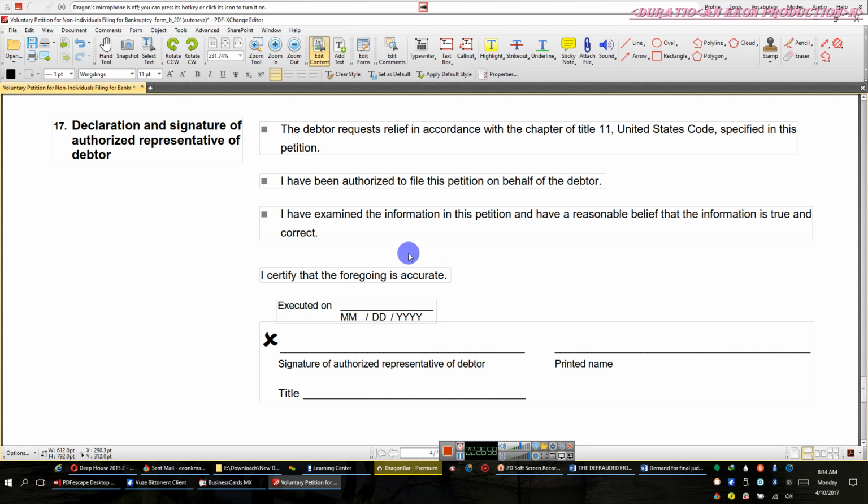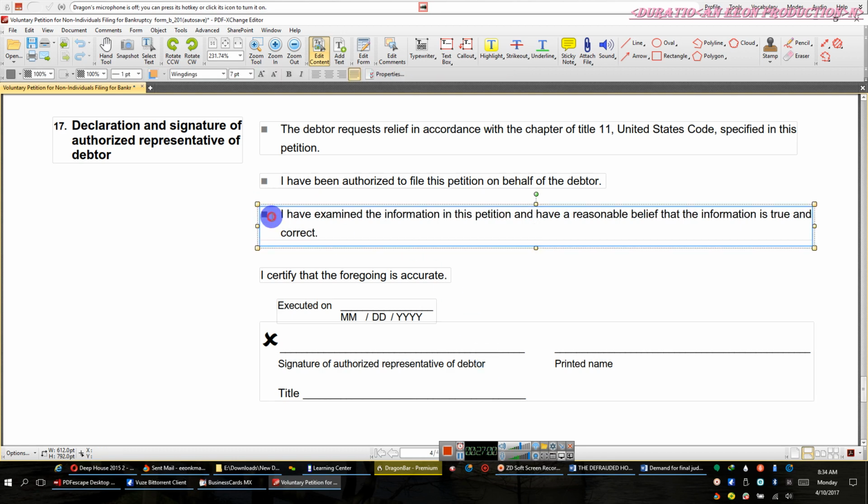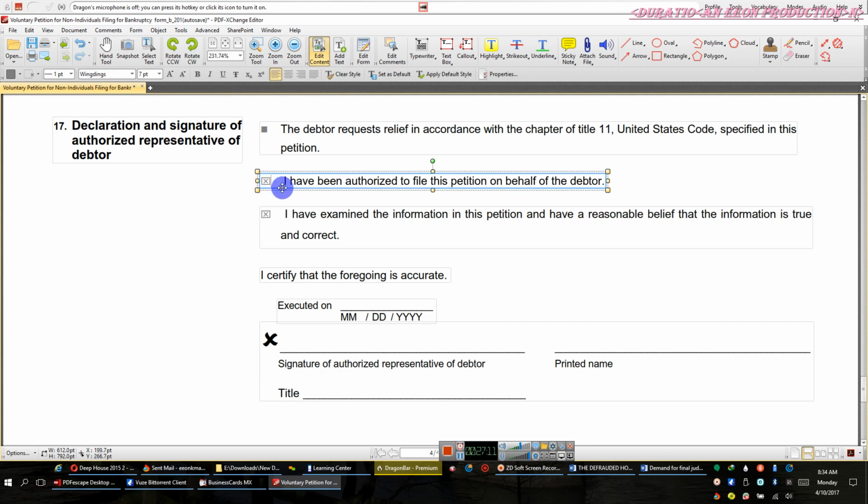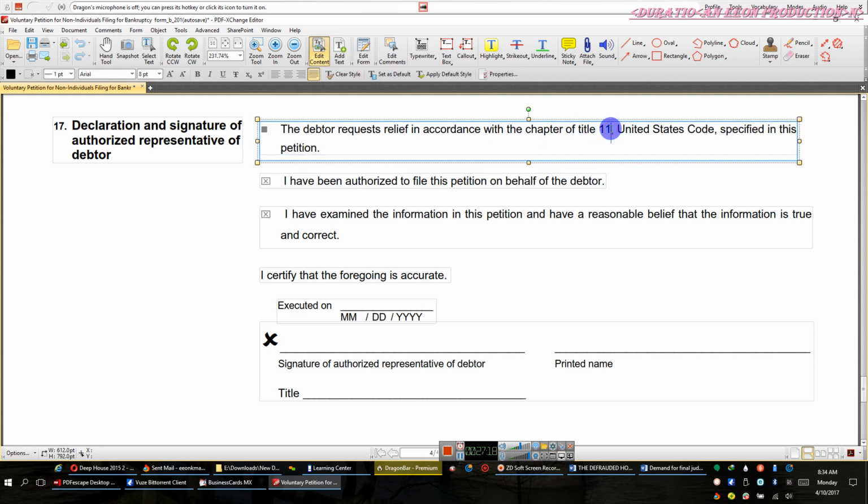And it says that you've examined the information, that you are authorized to petition on behalf of the debtor, and the debtor requests relief in accordance to Chapter 7 of the U.S. Code specified in this petition.